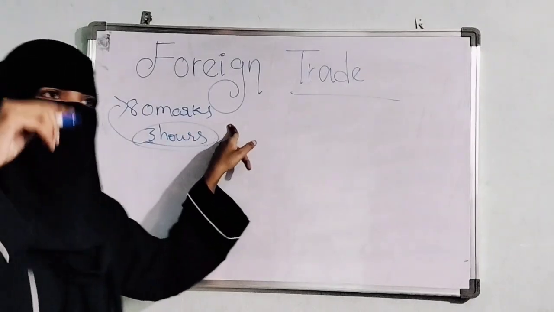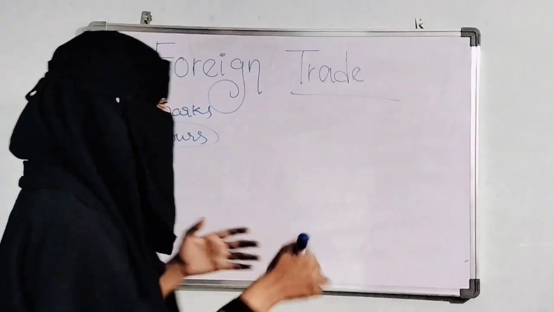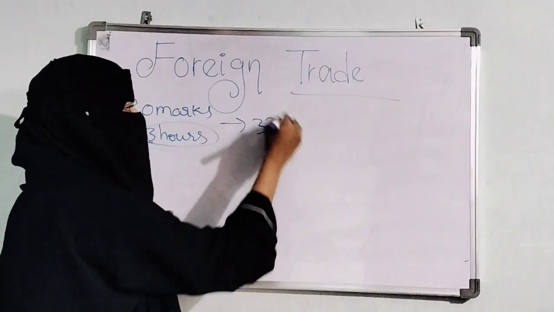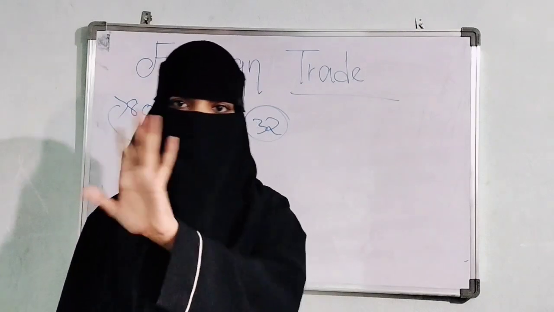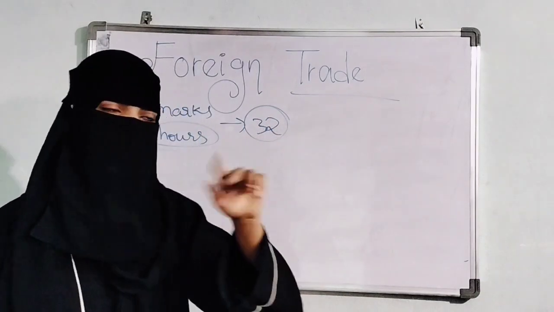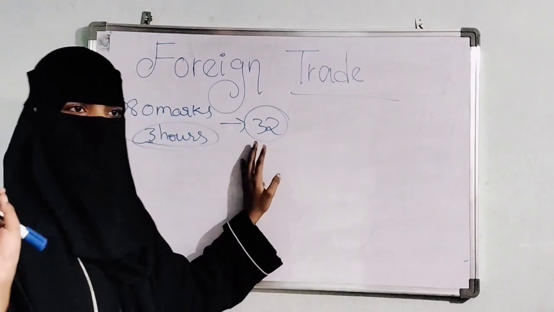Now here many of you will have a doubt, ma'am, then how much is the passing marks? Passing marks is 32 marks. If you get 32, you will easily get passed. 32 is the passing mark. If you get one more extra mark also, you will get passed. If you get 32 also, you will get passed.